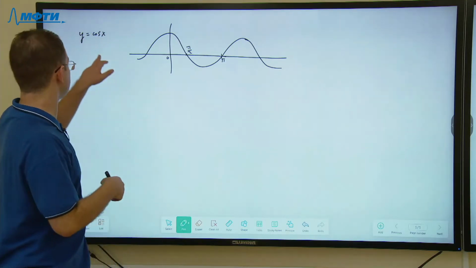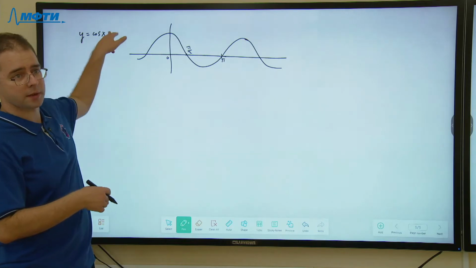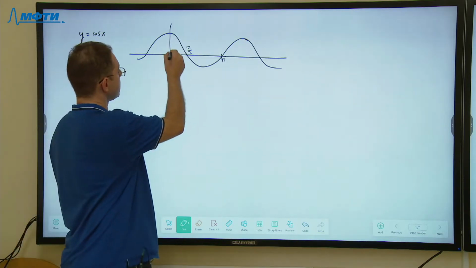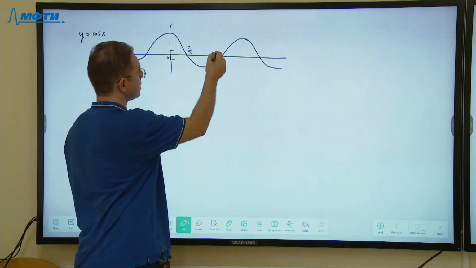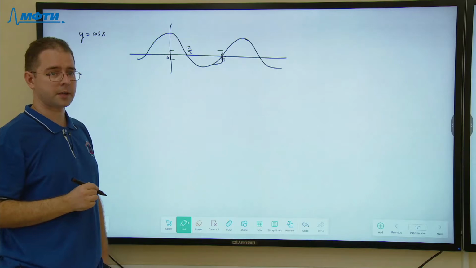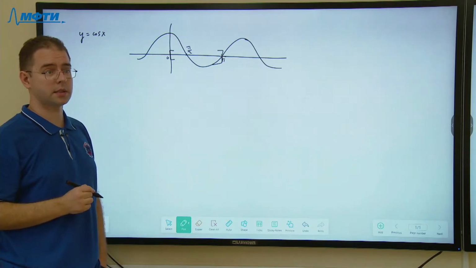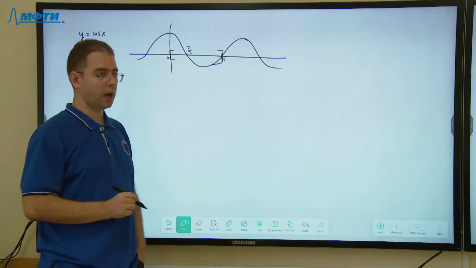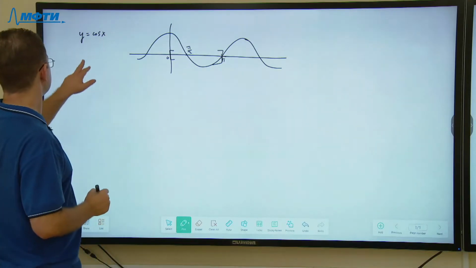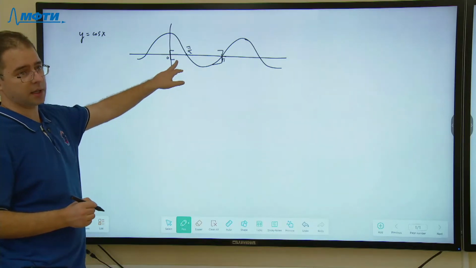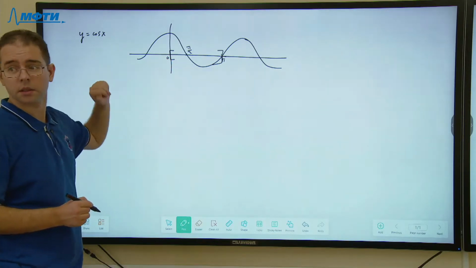So the solution of this equation, y equals f of x. So I'm looking at this interval from 0 to pi, and on this interval this function is monotonic. It is monotonically decreasing. So I am trying to solve this equation on this interval, and solution of this equation,